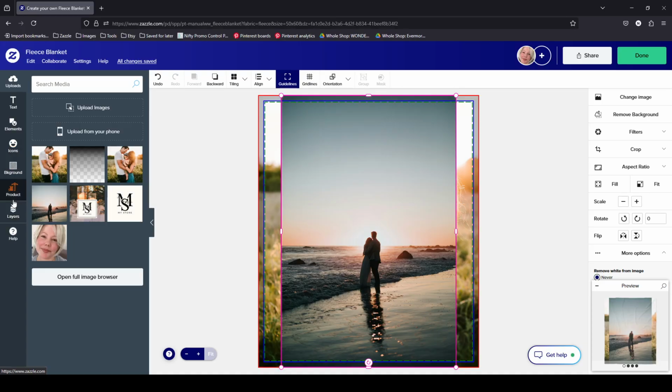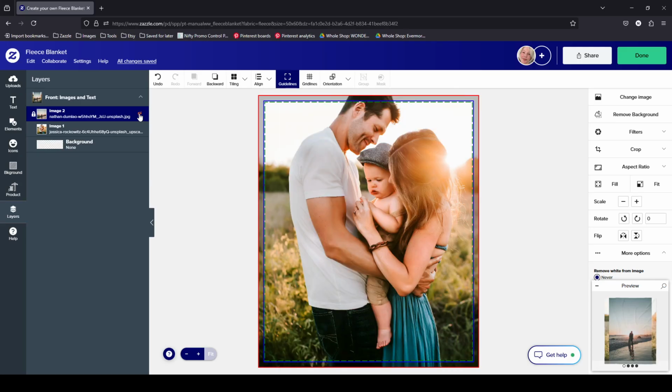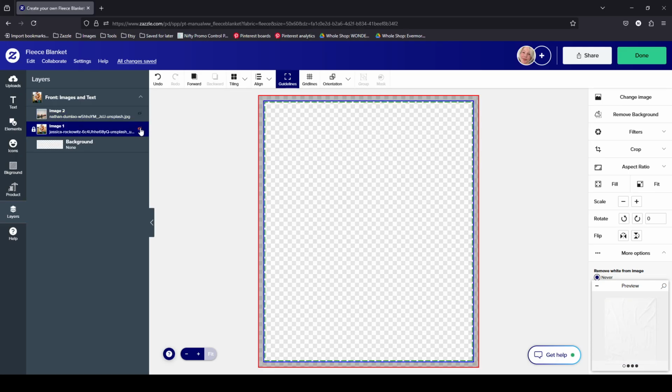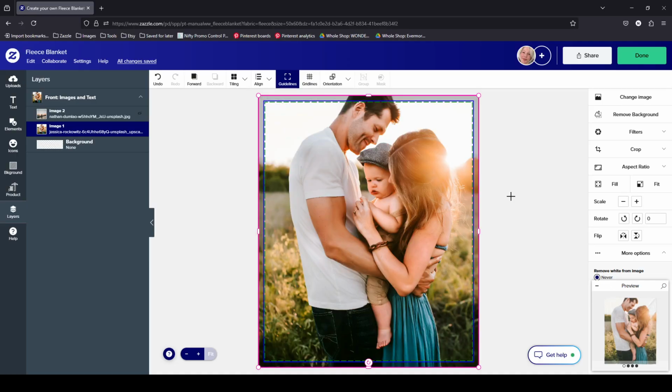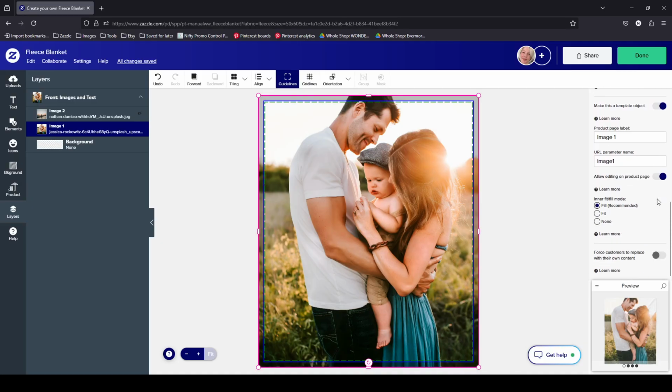For now, on the left hand side, I'm going to go to layers, and I just want to make this one, image 2, invisible. So you just click, when you mouse over it, you see that little eye symbol. If you click on it, it makes the object invisible. Click on it again and it comes back. It's visible again. I don't know why, it's very slow. Okay, so going back here,